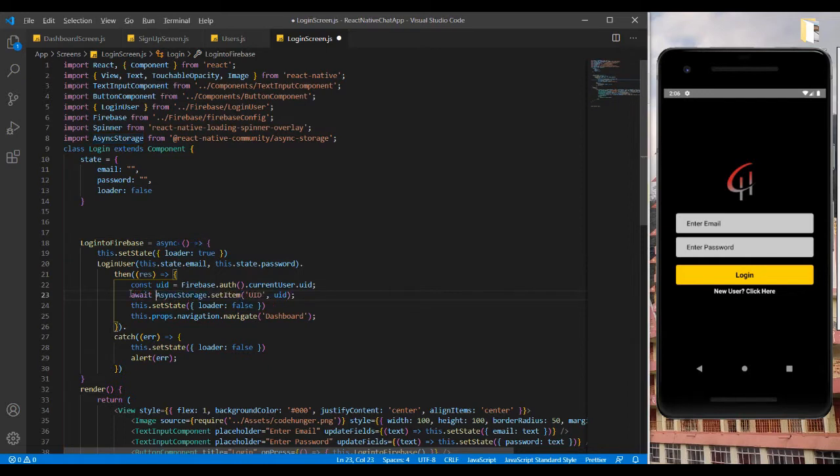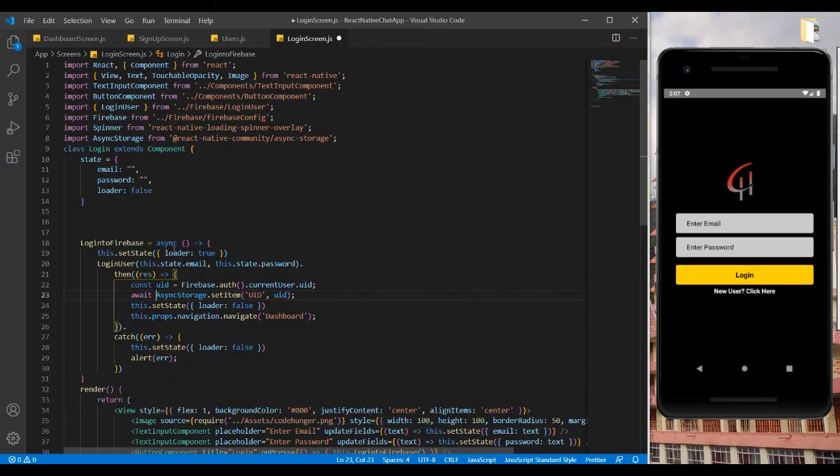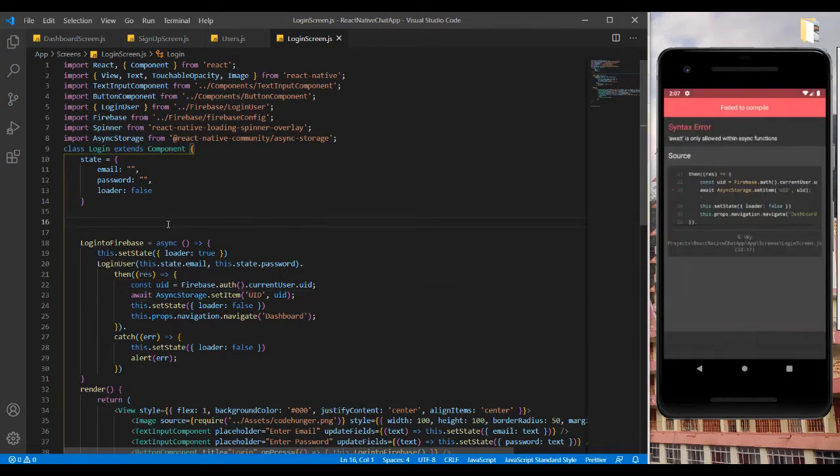So I have to put async and await in the async storage. Here we have passed the UID. So if some user logs in, at that time we are going to set our value for the UID. This helps basically when the user logs in, and if the user kills the application, and after that